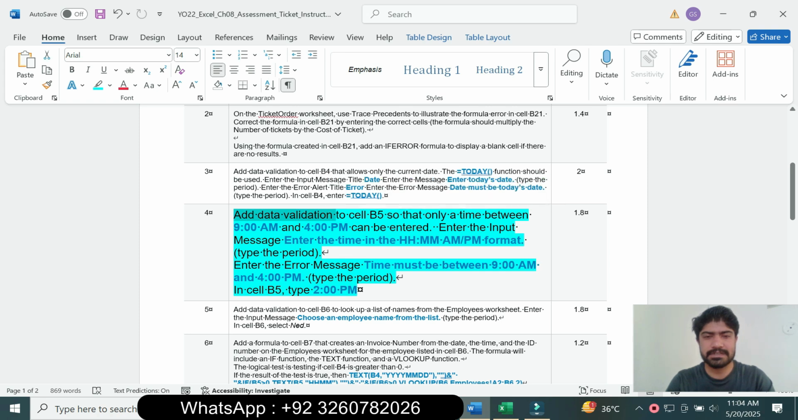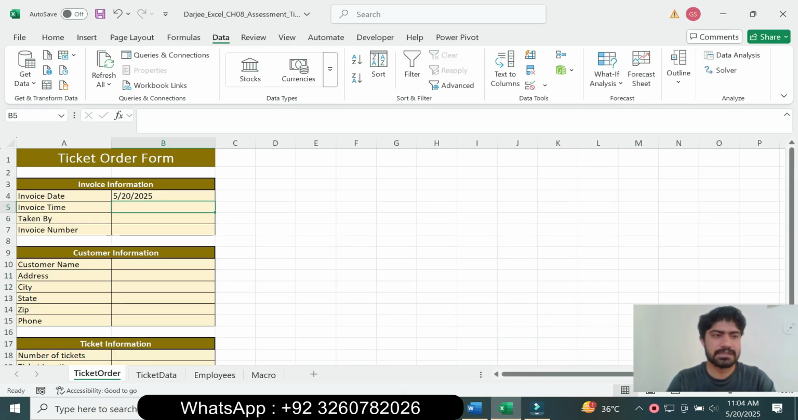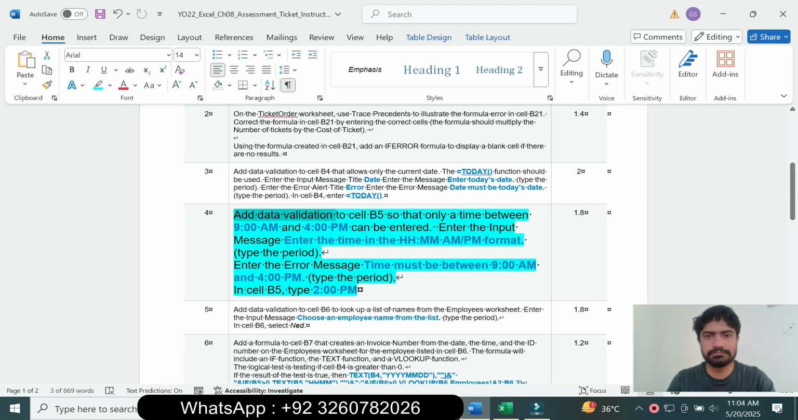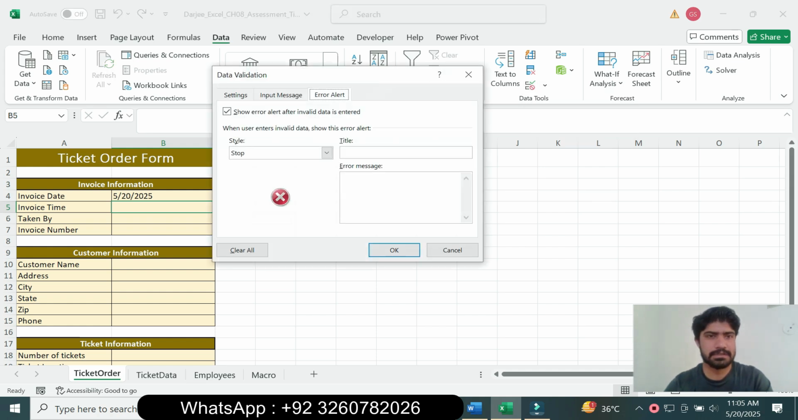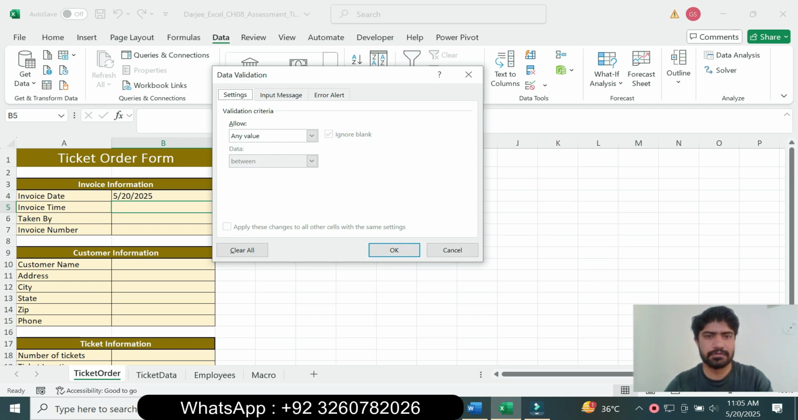So add the data validation in cell B5. Select cell B5, and add the data validation so that only a time between 9 a.m. and 4 p.m. can be entered. Go to the Data tab, go to the Data Tools group, click Data Validation, click Settings, and set Allow to Time,